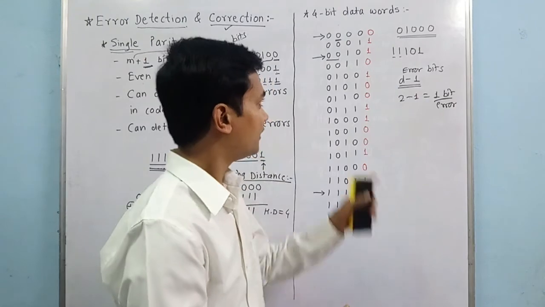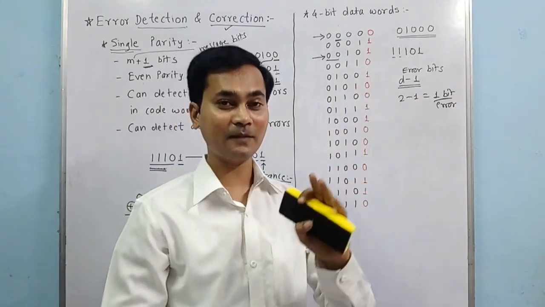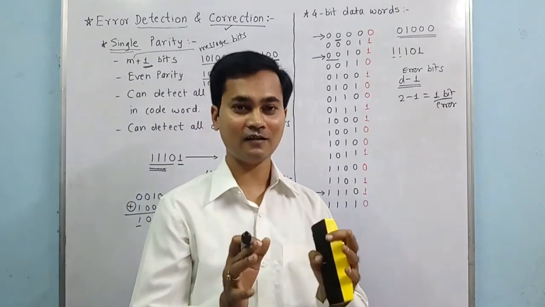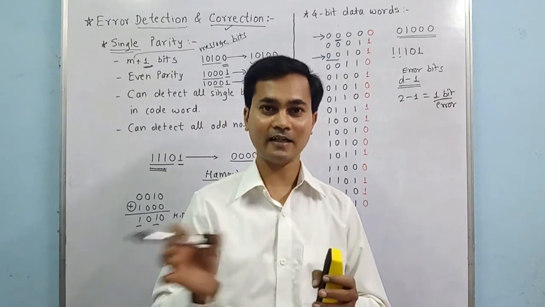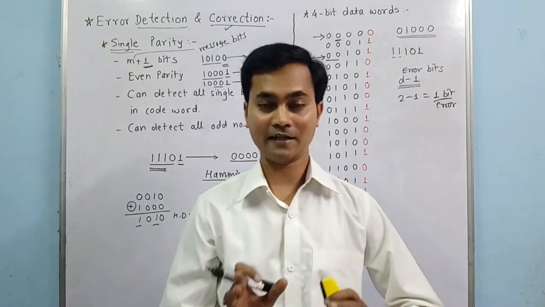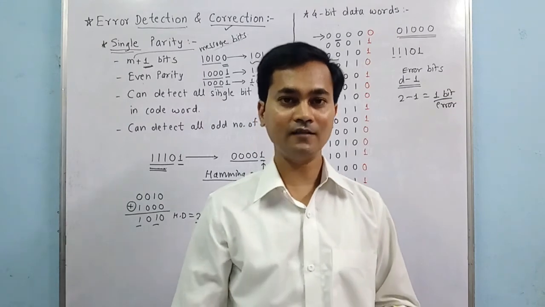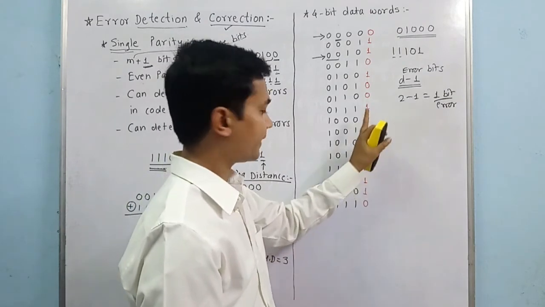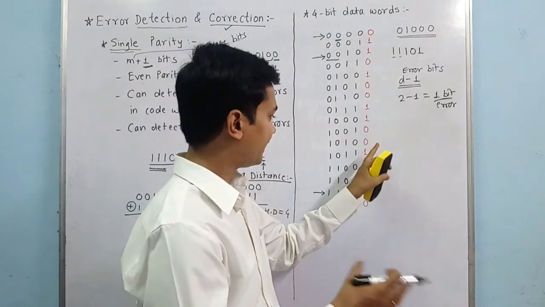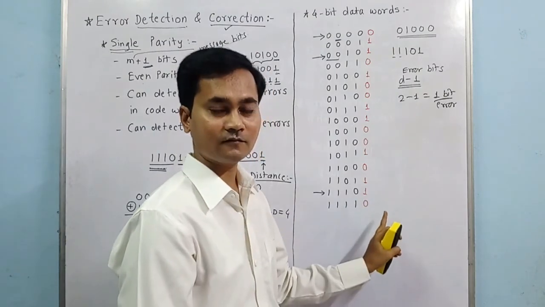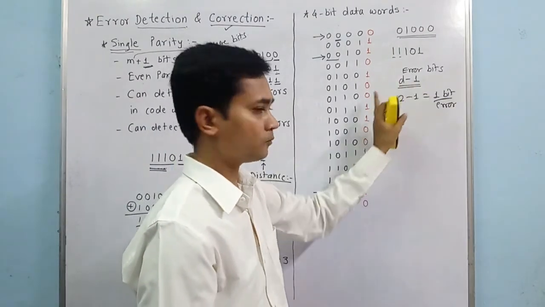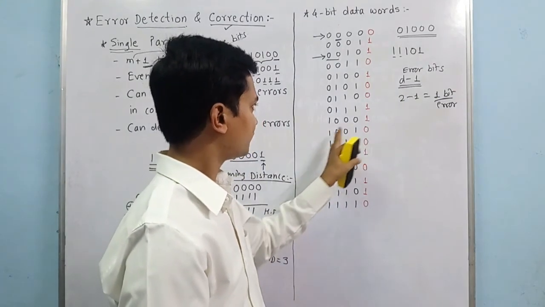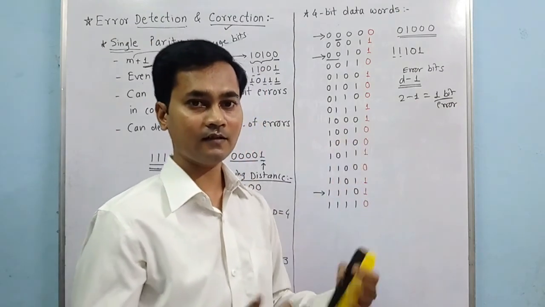So this is how, if the number of error bits is 2 or more than 2, the receiver will not understand whether the received data bits are right or wrong. That means for 4-bit data, the receiver can identify only one error bit. That's why the D minus 1 formula is given. Normally there is some formula, which we will discuss in the next video.